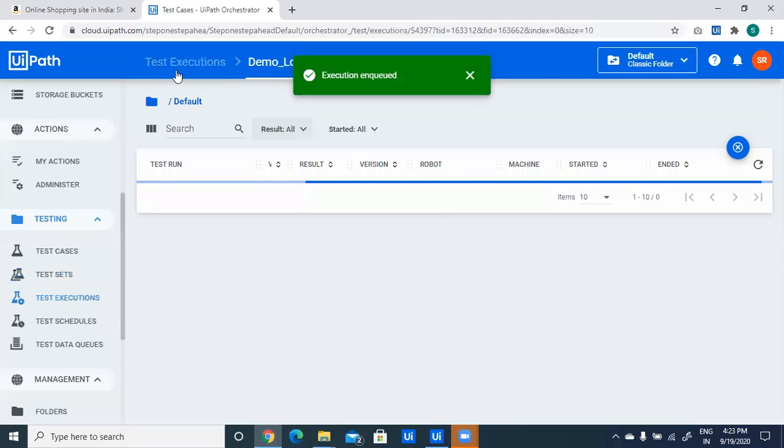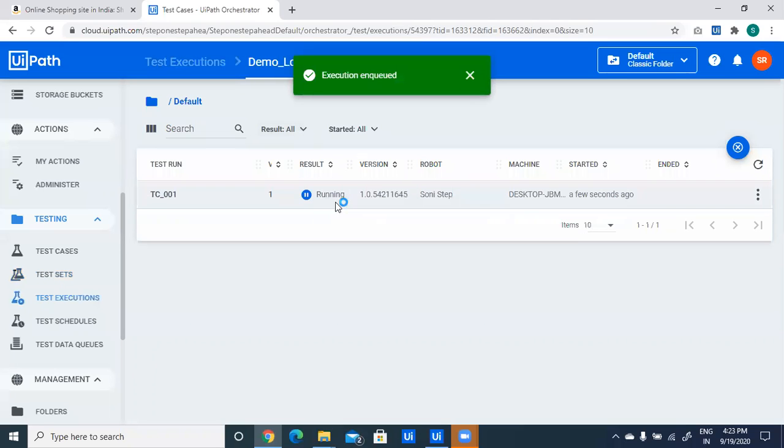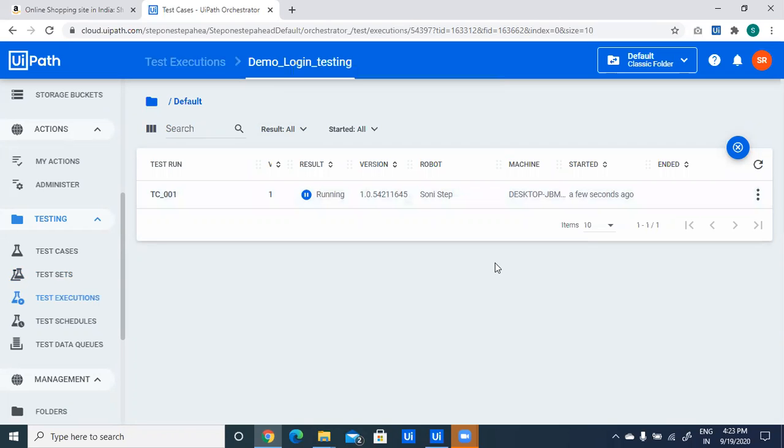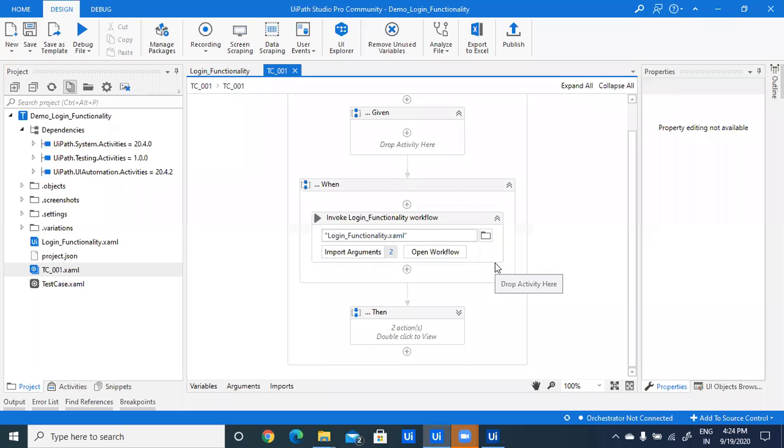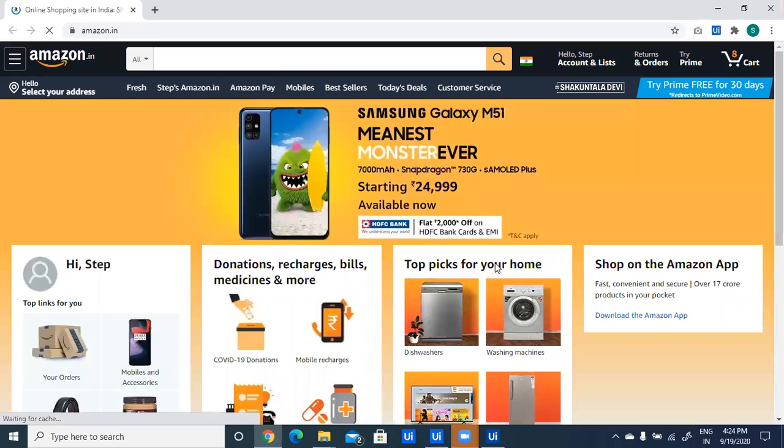Now it will navigate to the test execution. We can see status as in a running state. So again, this is running the test cases from the Orchestrator. I have executed this test case from Orchestrator by doing the following steps: uploading the packages, after that creation of the process, adding test set, and executing the test cases from the test set.